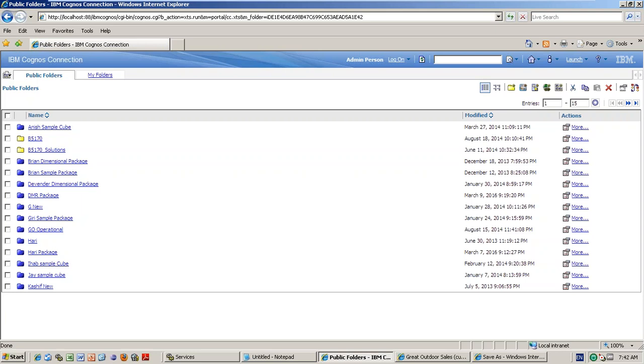Whenever the batch runs and successfully completes, it writes to one of the database tables that the indicator is yes. That means our batch successfully completed. If any batch is aborted, then it will put no.